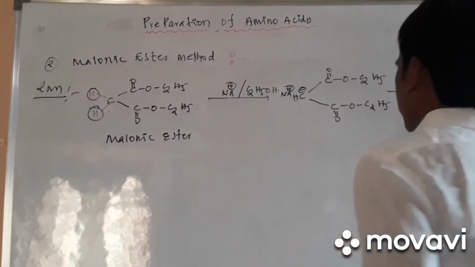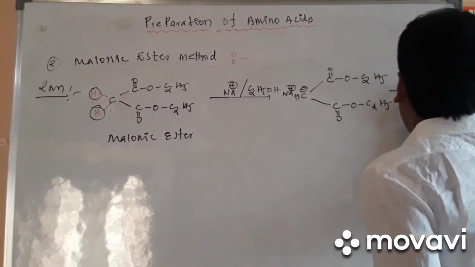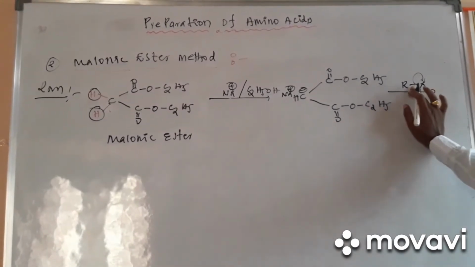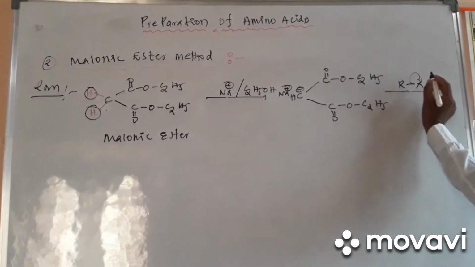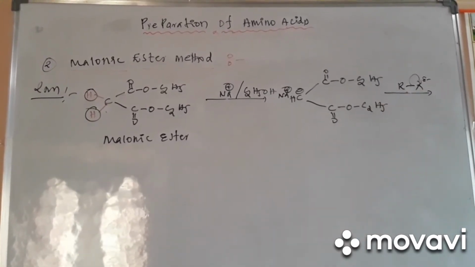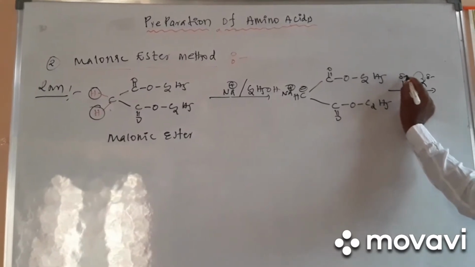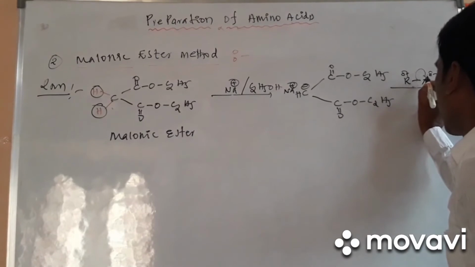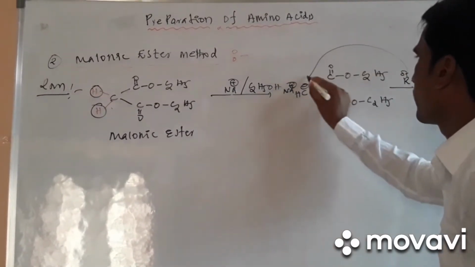Alkyl halide. In this alkyl halide, the halogen atom is highly electronegative. That's why the bond pair of electrons is transferred to this atom, so it acquires a negative charge, and the alkyl group attached to this position acquires a partially positive charge.